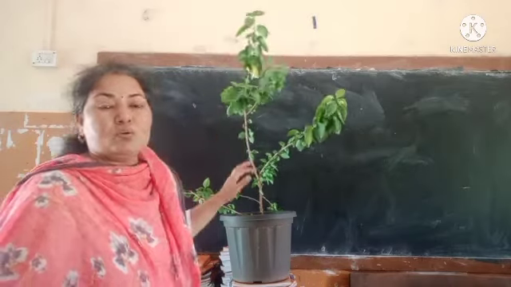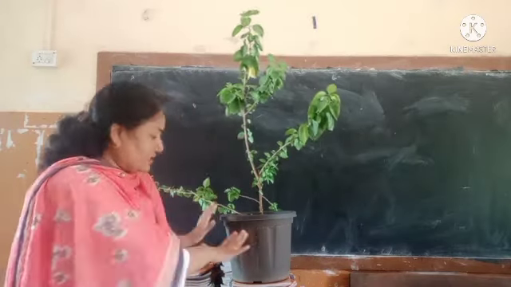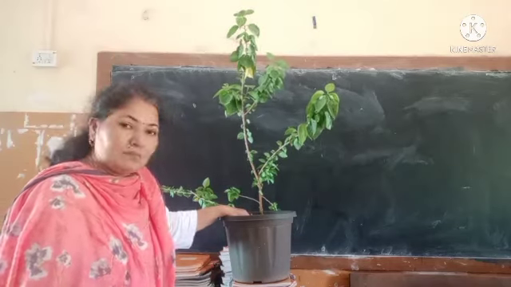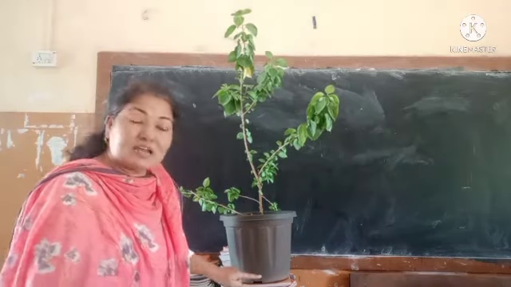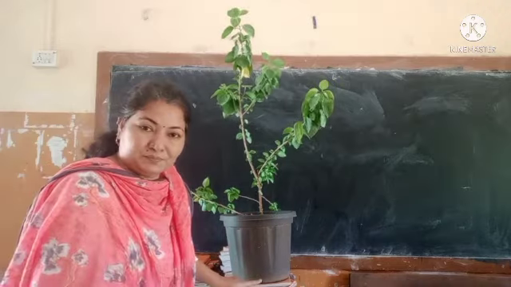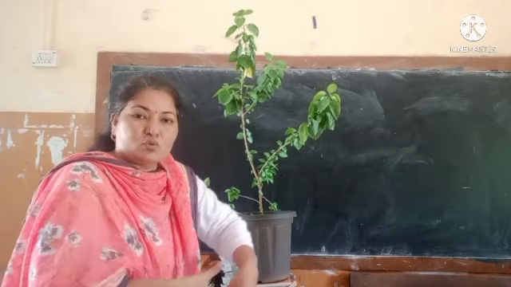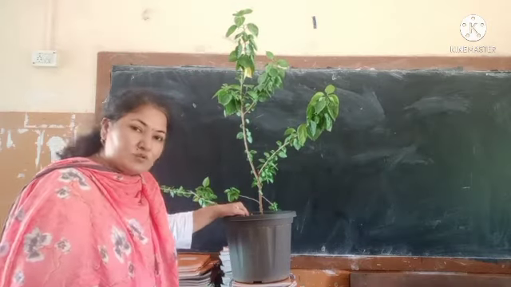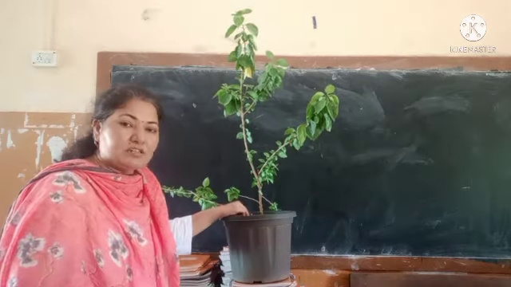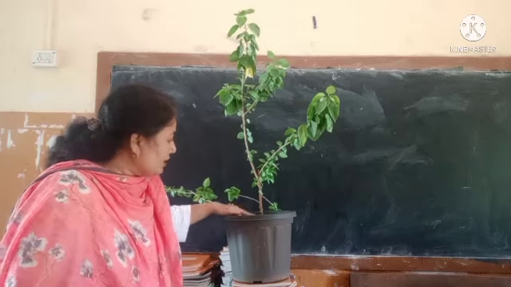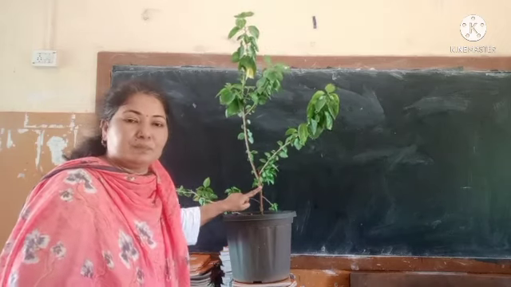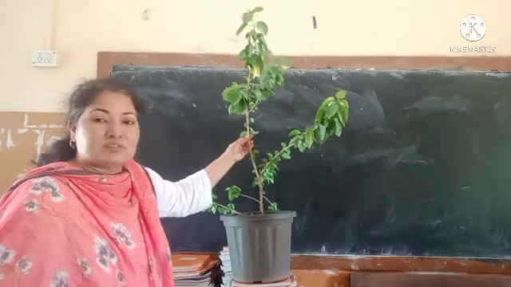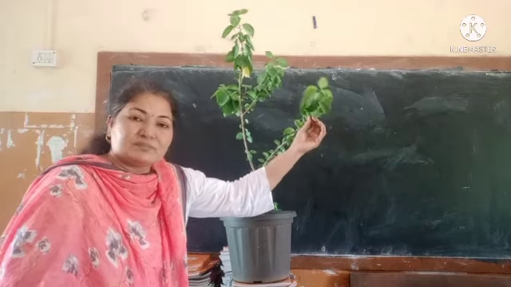Okay, so now as we all know, this is a plant. Just below this stem, here inside, you can see roots. What is the function of the root? To absorb water and minerals from the soil. After absorbing this water and minerals, the root passes them to the upper part, that is the stem. From the stem, that water is passed to the leaves. We can see these leaves.